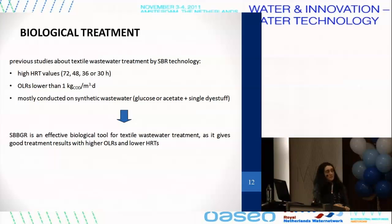If we compare the results obtained with SBR technology in the treatment of textile wastewater, we can affirm that SBBGR is more effective, as higher organic loading rates and lower hydraulic retention time can be used. And it's also worth considering that most of these previous studies were conducted on synthetic wastewater, made up of glucose or acetate as carbon source and just a single dye stuff, while real wastewater are much more complex. And in one of the studies, they compared the results with a real wastewater and a synthetic wastewater with the same composition in terms of global parameter, but completely different results were achieved, with just 10% of COD removal